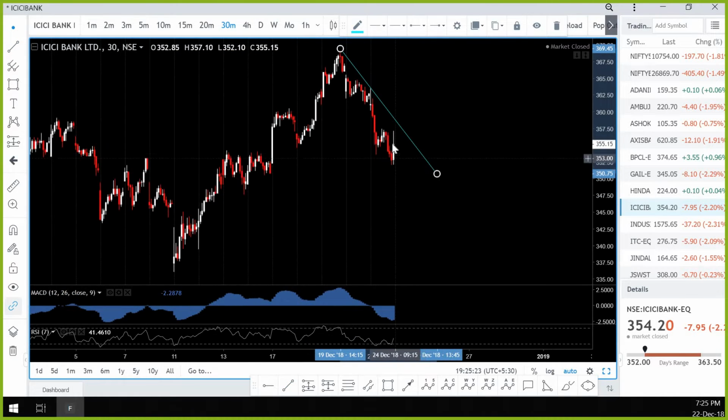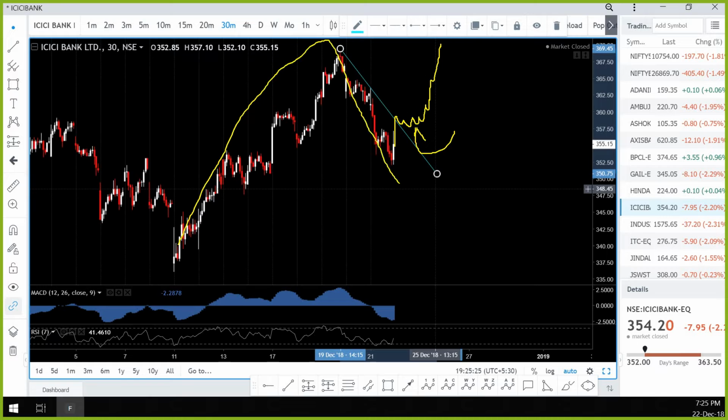Now you watch this impulse. You see this white candle, this 30-minute candle. If you get a breakout and if you consolidate after that, you read that structure. If that is a corrective structure, you buy this stuff till the top. You remember the Hindalco structure which we just developed? That might be the case, right? Or else,